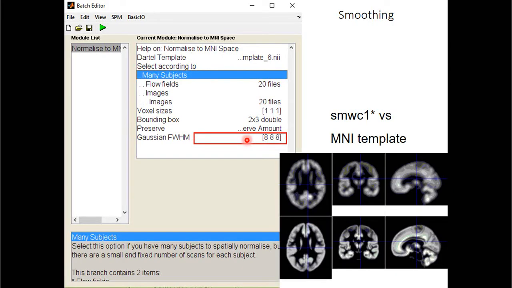And at the end, don't forget that in the very same procedure for normalizing to MNI, you also indicate Gaussian smoothing. And this is the kernel of 8 millimeters. They recommend smoothing because they say that otherwise you get aliasing, which is sort of waves over your image because of the interaction of different frequencies of sampling between the source and